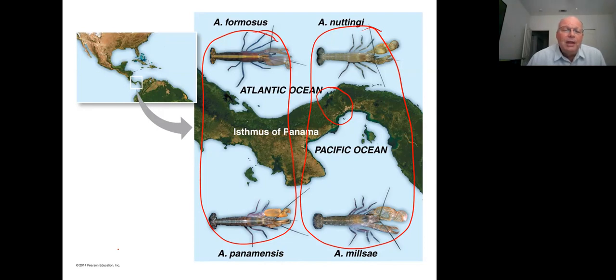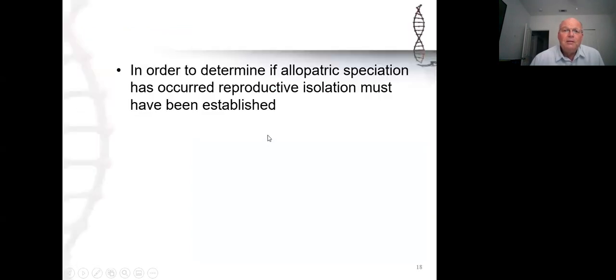And so this is a classic example of speciation via allopatric speciation, the geographic isolation of the two populations. Remember, there's another 10 sister pairs of shrimp species separated by the isthmus. So this is a very nice example of allopatric speciation. The big deal about allopatric speciation is to demonstrate that reproductive isolation has occurred, that there is no evidence